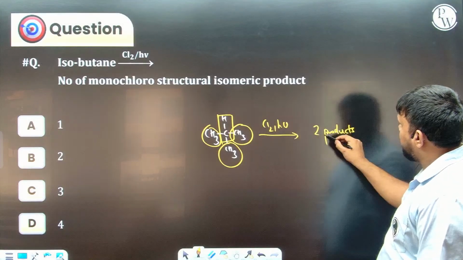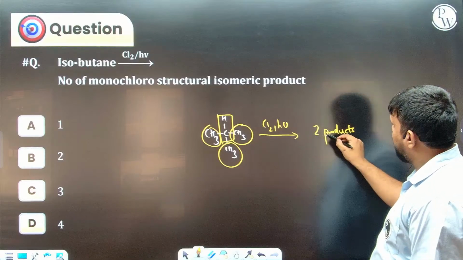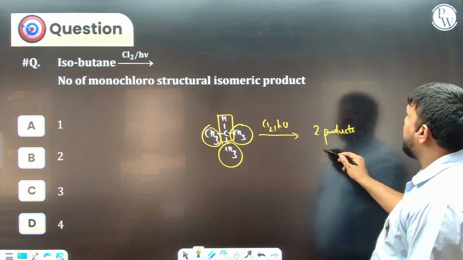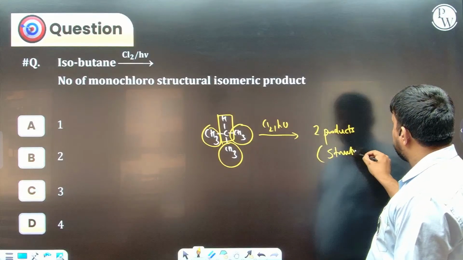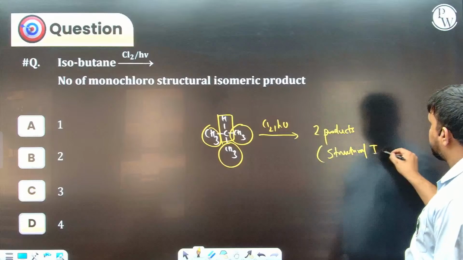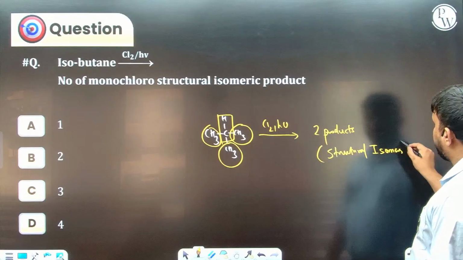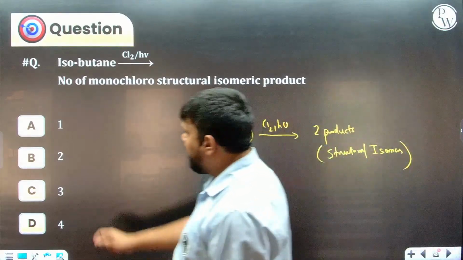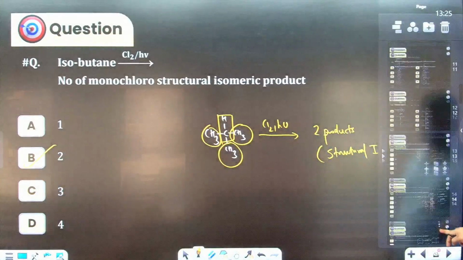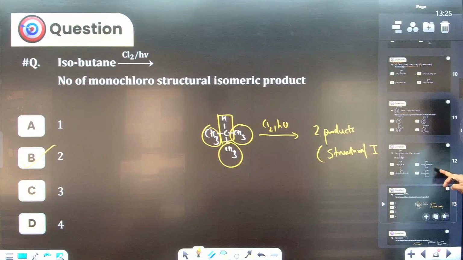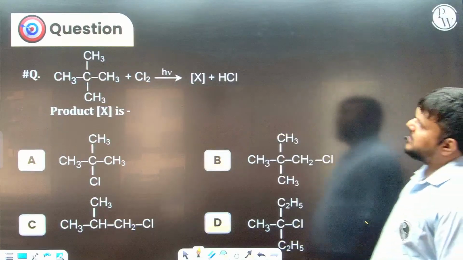I am only talking about the monochloro structural isomeric products. So we are only talking about structural isomers over here. So how many will be obtained? 2 will be obtained over here. Okay, next, so this is the question,